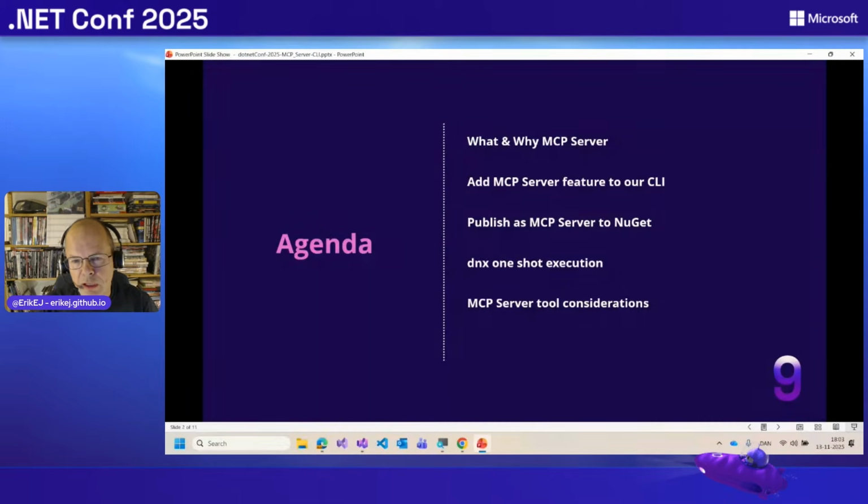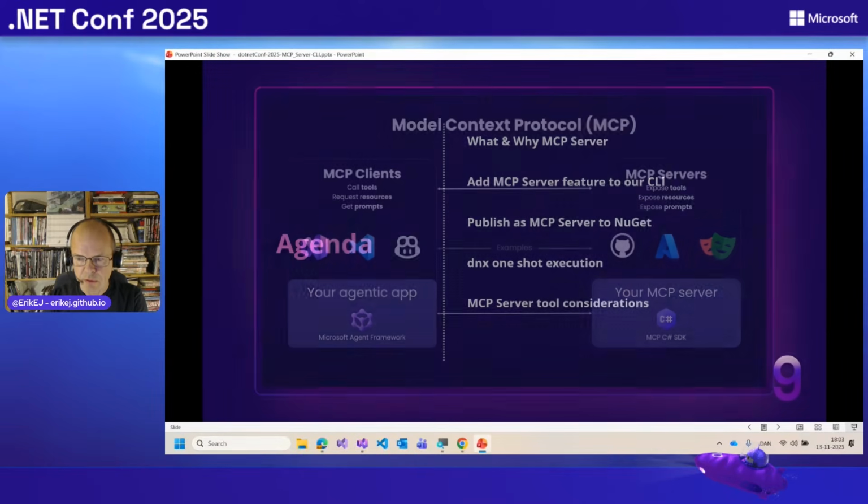And secondly, what can we do to publish it as an MCP server to NuGet? And we'll look at some additional improvements that the .NET team has made to make the ecosystem around MCP servers and tooling around it, in particular for local MCP servers, better in the .NET 10 release.